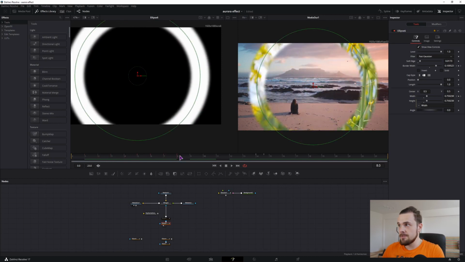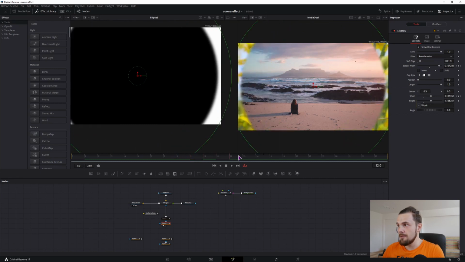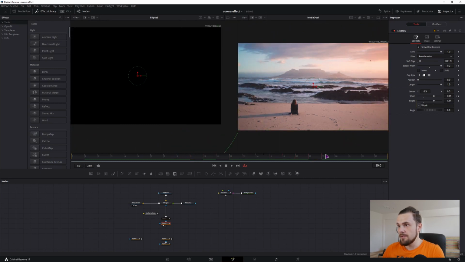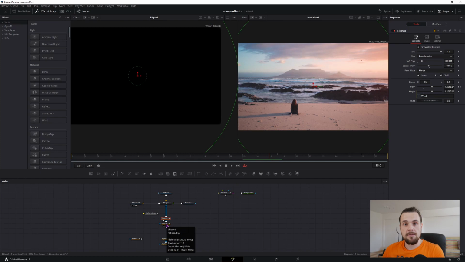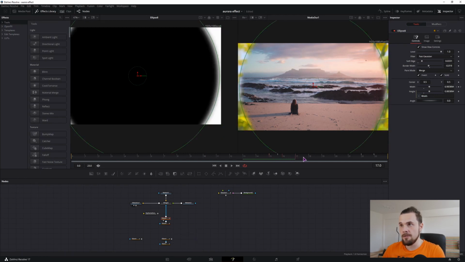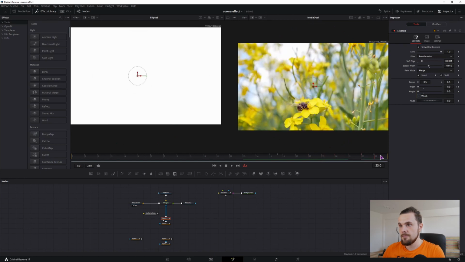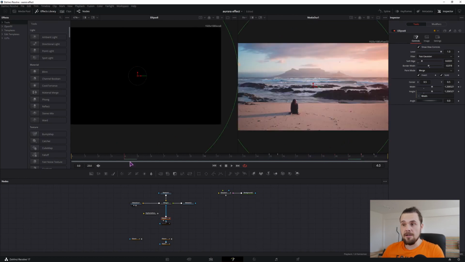So this ellipse is a border that goes from 0 to something, and then at this point it stops. And the second ellipse starts when the first one finishes, and this one goes from the outside to the in. Let's first take a look at this ellipse because it's easier to understand. This one is inverted and solid, with a little bit of a soft edge and a border inside of it.